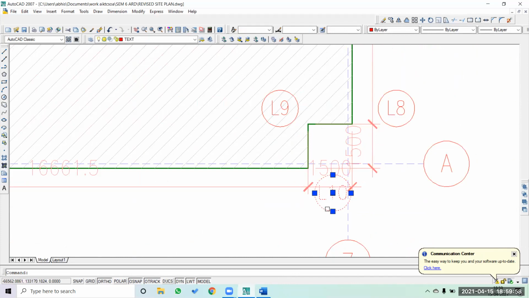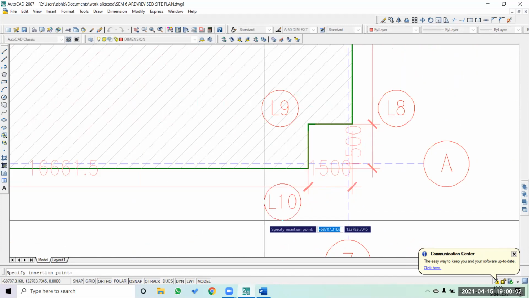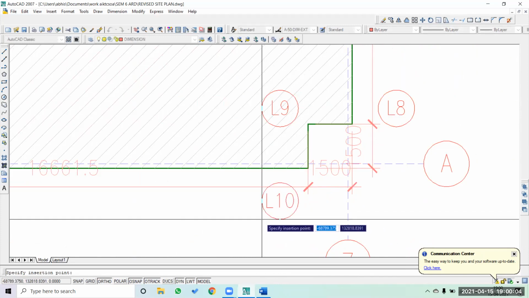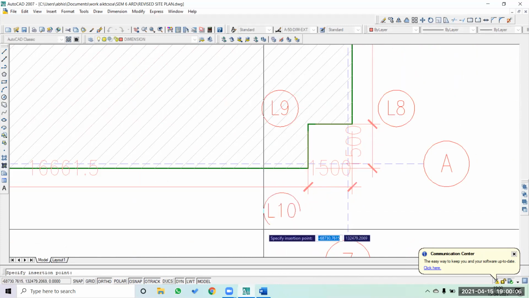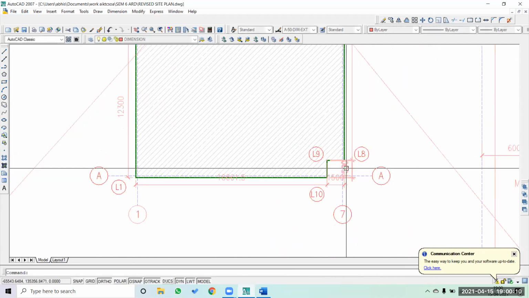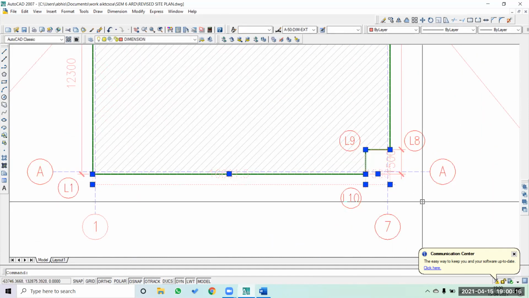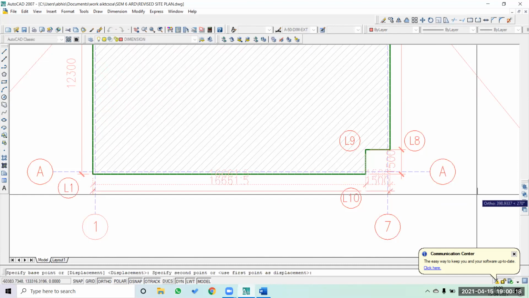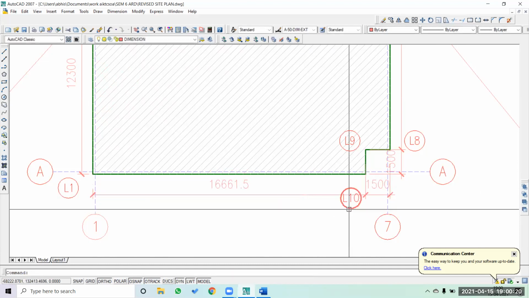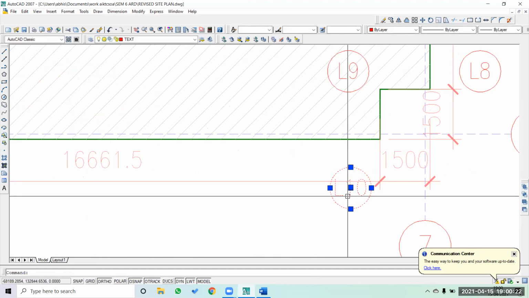Okay, so now we've got a problem of moving this. So what I'm going to do is align it here. So the L10 will be shifted here roughly, so the coordinates and dimension can be read. I can take this a little bit down so that it doesn't go into the hatch.